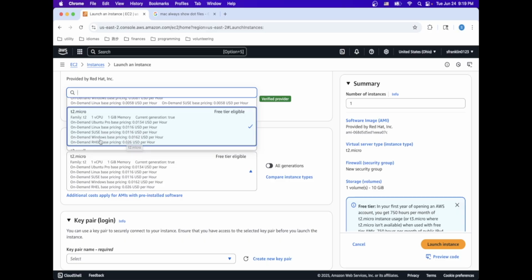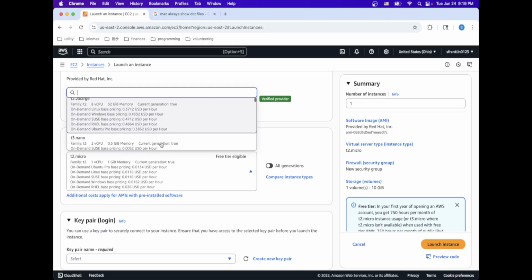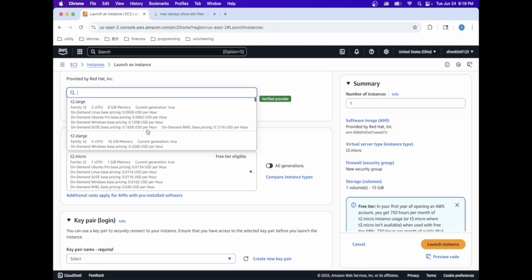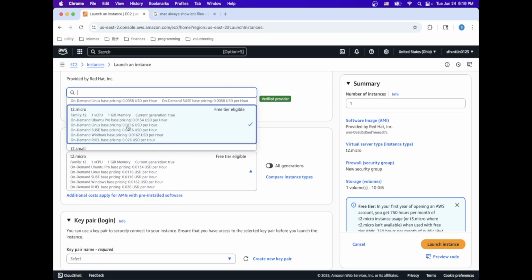So, for example, for SUSE, it's 0.0116. So it really depends on whoever's selling the operating system and their licensing scheme. If I compare that to a larger one, like let's say T2.2xlarge, that gives me 8 vCPUs and 32 gigabytes of memory, and that costs me 38 cents an hour. So I'm going to choose T2.micro,